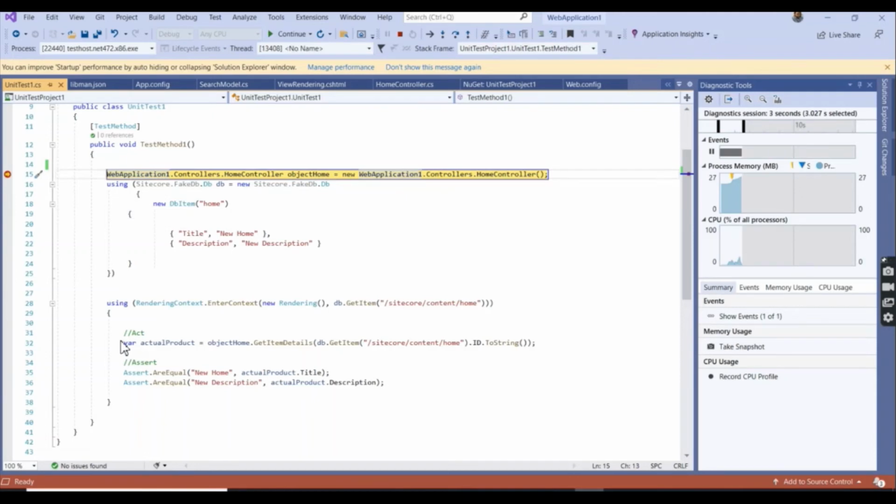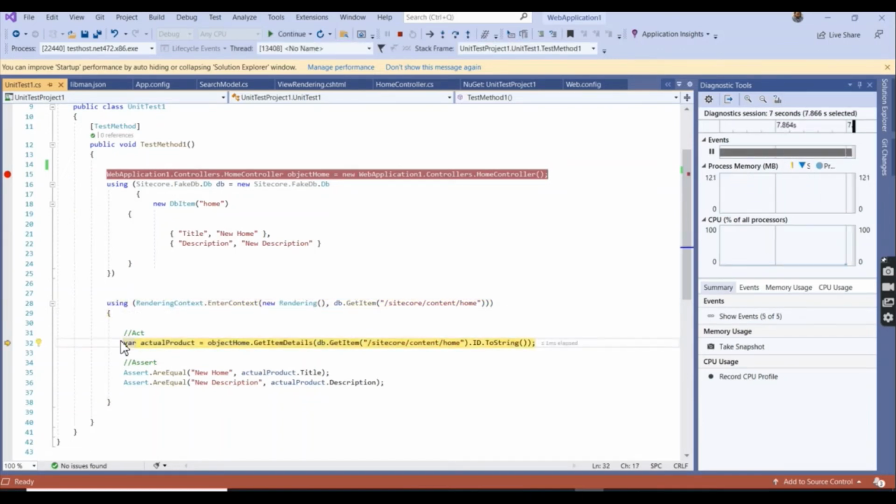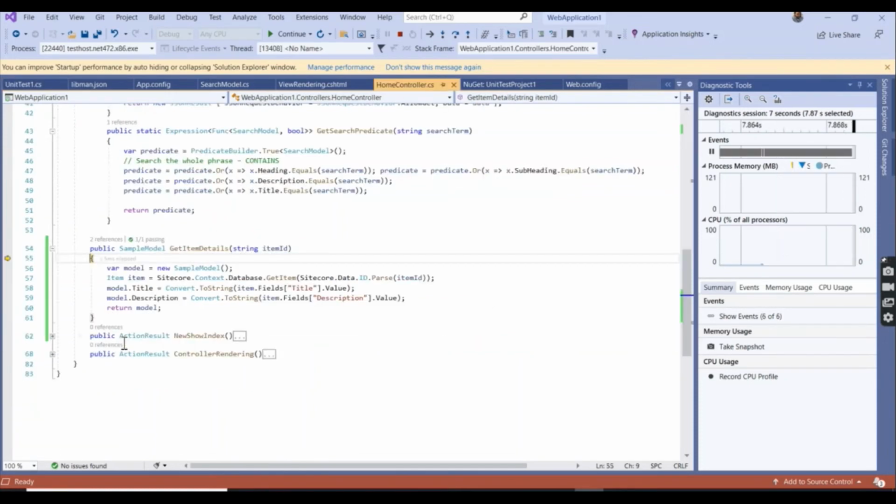Yeah, the breakpoint came. So this is the FakeDB instance. Everything is shared. It goes to this next method.